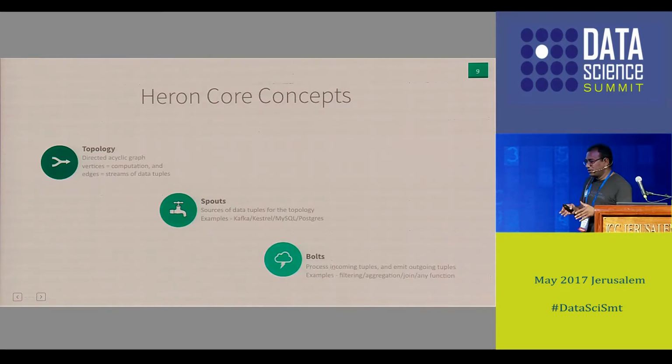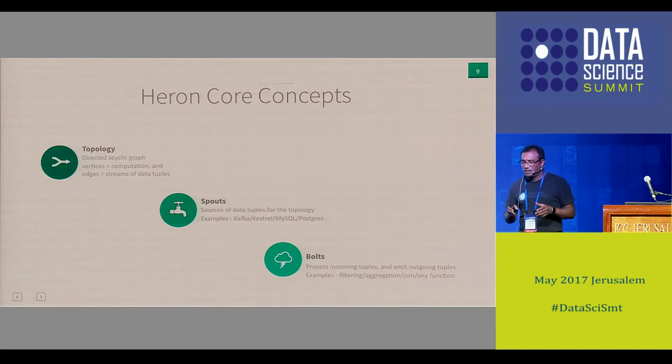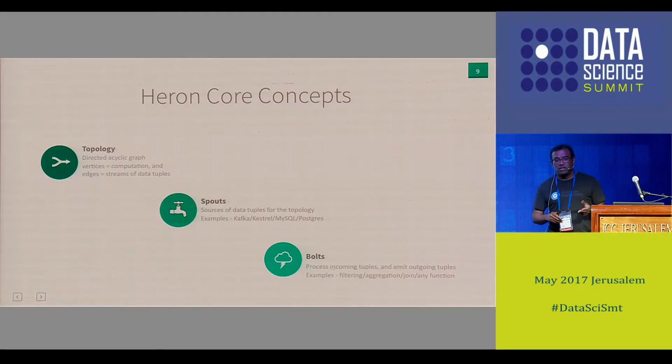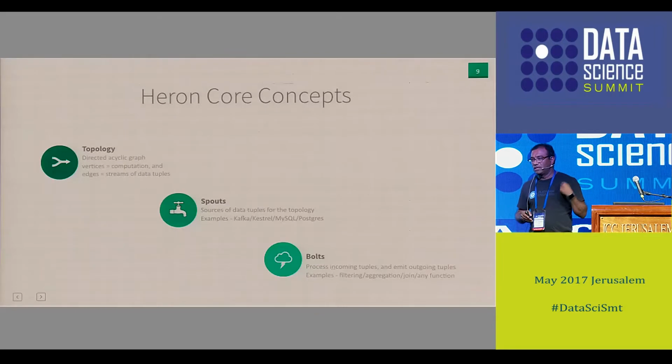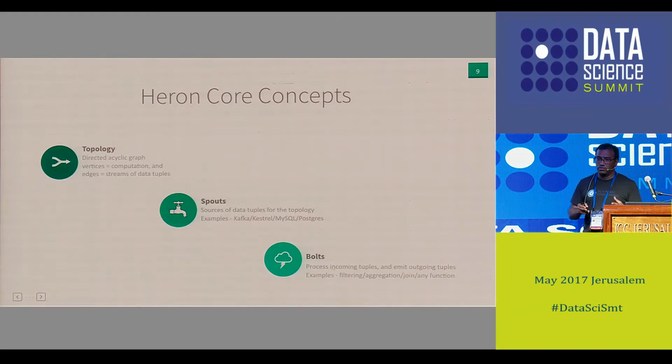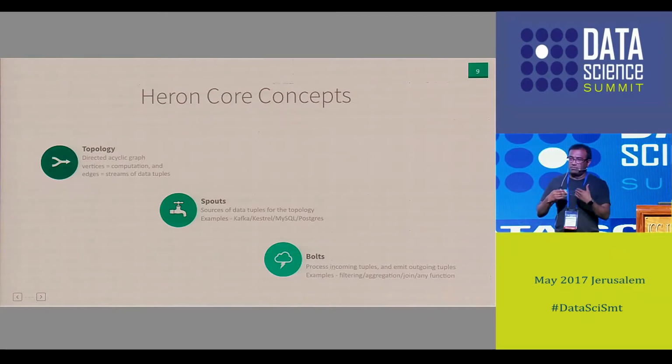Now I wanted to go a little bit into Heron itself so that you can get an idea of what it means. Let's introduce the Heron core concepts. The first one is that what you call a Heron job is called a topology. The topology consists of two different types of vertices. One of them is called spouts, which allow you to tap into the source and inject data into the topology itself. The second set of vertices is called bolts, and bolts take data from a previous stage, manipulate, massage or compute the data, and emit outgoing data for the next set of stages.